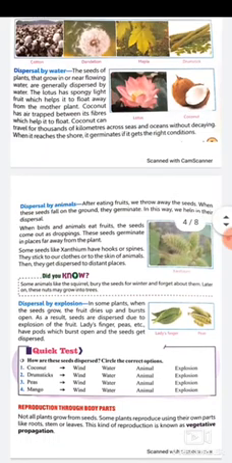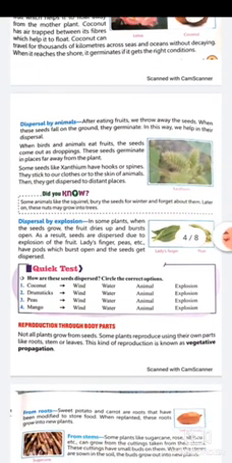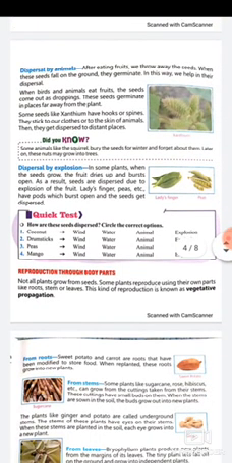Now, dispersal by animals. After eating fruits, we throw away the seeds. When these seeds fall on the ground, they germinate. In this way, we help in their dispersal. When birds and animals eat fruits and the seeds come out as droppings, these seeds germinate in places far away